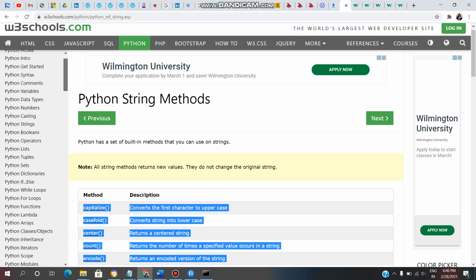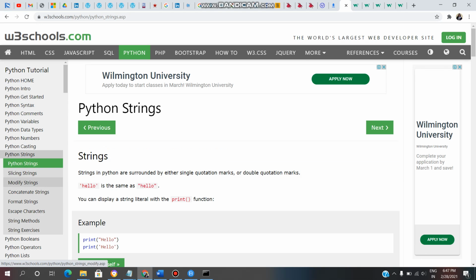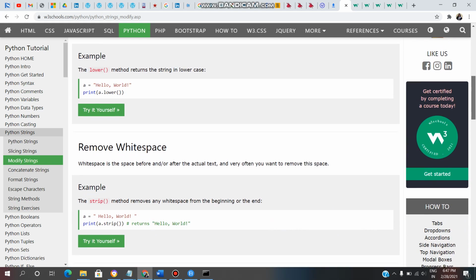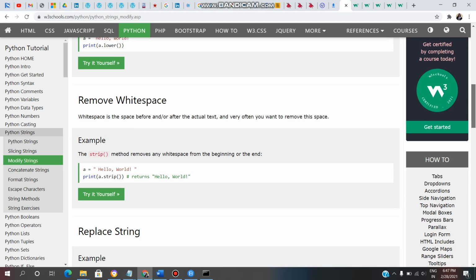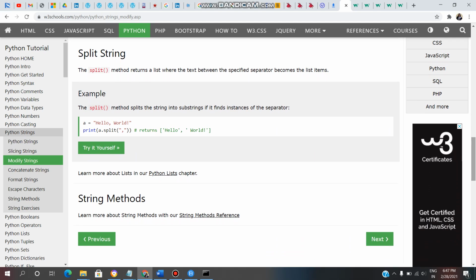Now go up and go back to modify strings. Now today in this class we have seen uppercase, lowercase. These are all methods, and the strip method, replace method, split method. We have seen only a few methods in this session and we have more methods you can learn by clicking on this link.